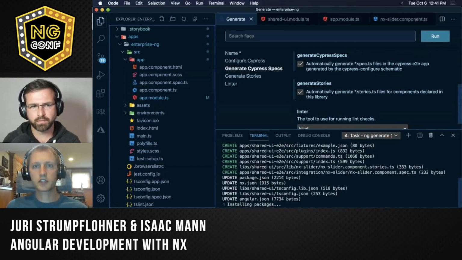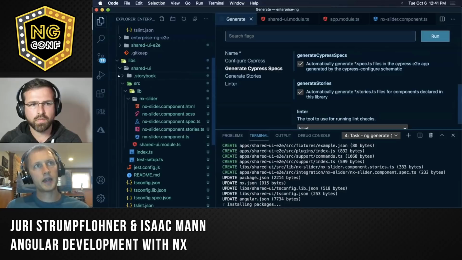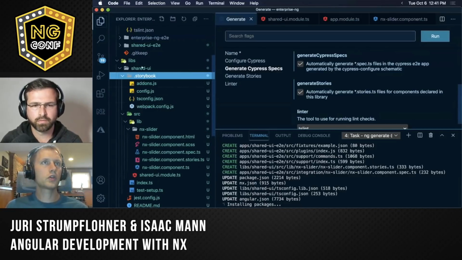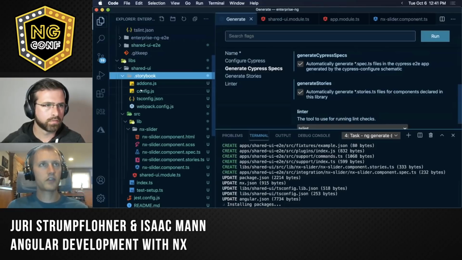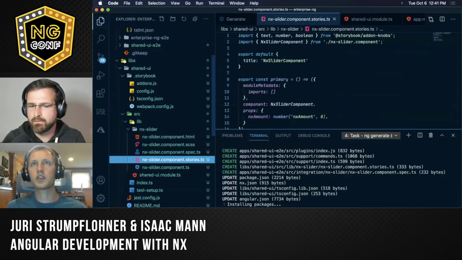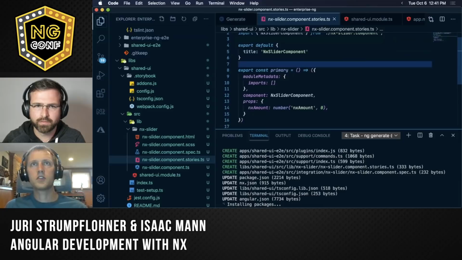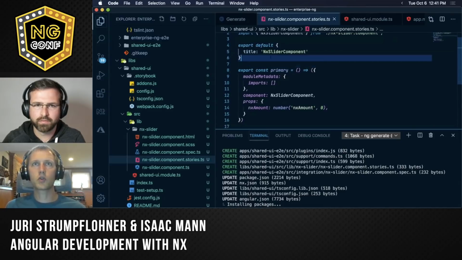So what this has done, it's installing some packages in the background here, but while it's doing that, I'm going to show you that it's added a .storybook folder to your shared UI library, which has a bunch of configuration files for Storybook. It's also looked inside of this library and found all the components declared in this top level module. And it found the NX slider component here and created an NX slider component stories file. Now what this does is it looks in the component itself. It generates a kind of default Storybook story. And it noticed that there's an NX amount input on this component. And so because of that,